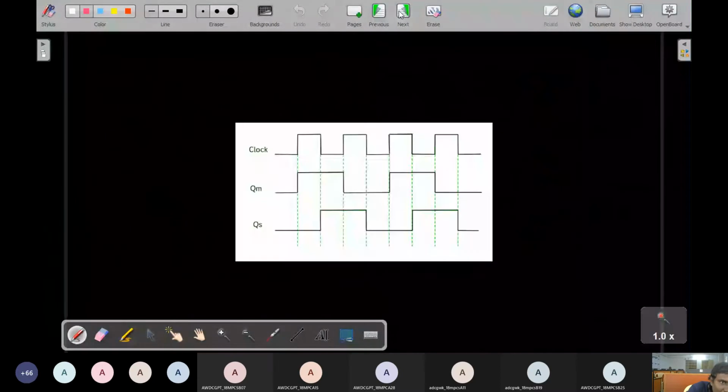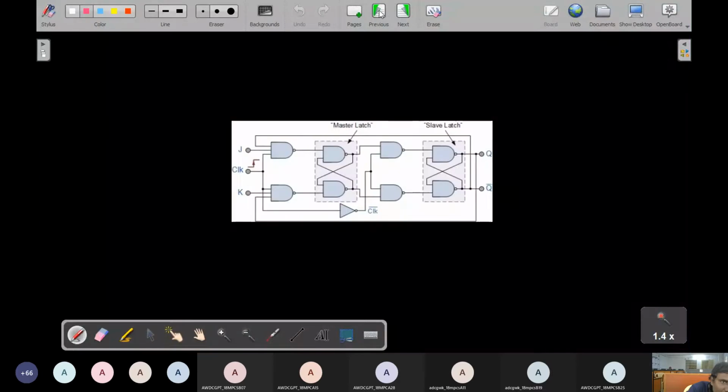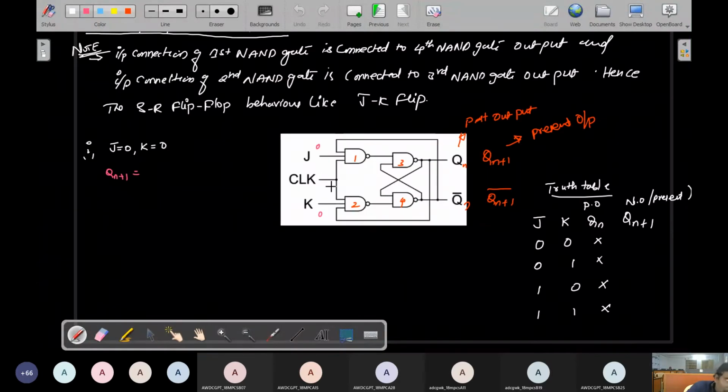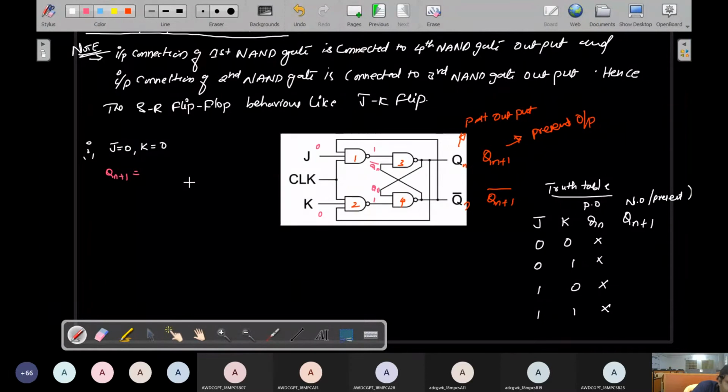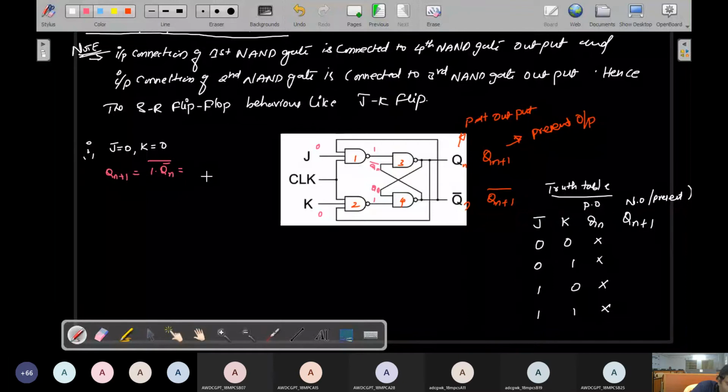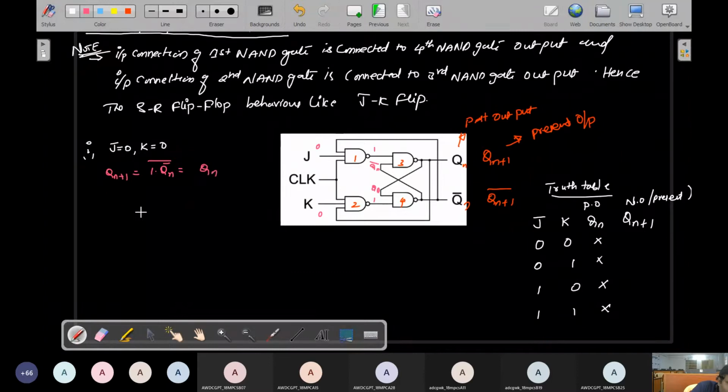So from that condition I explain here: if any one of the inputs is 0, your output is 1 only. So this is 1 and this is 1. Right now this is the latching condition. So 1 into this Qn bar comes to here, the whole bar of Qn bar. So what is that value? Simply this is Qn only. So you will get the Qn output. So what about the complementary port? You will check the normal port first.